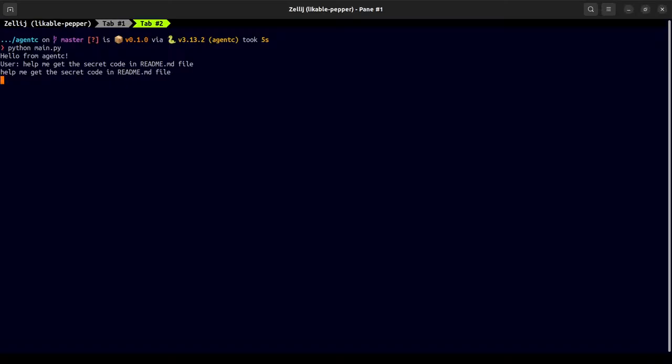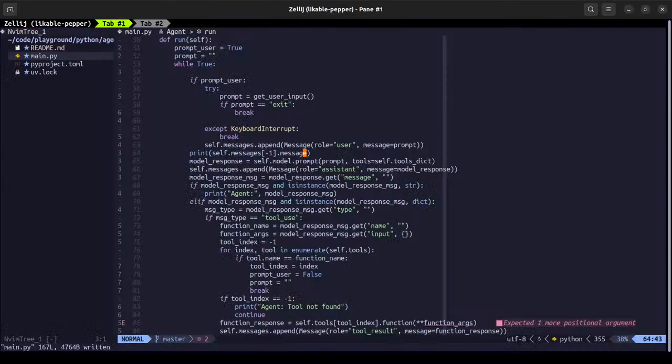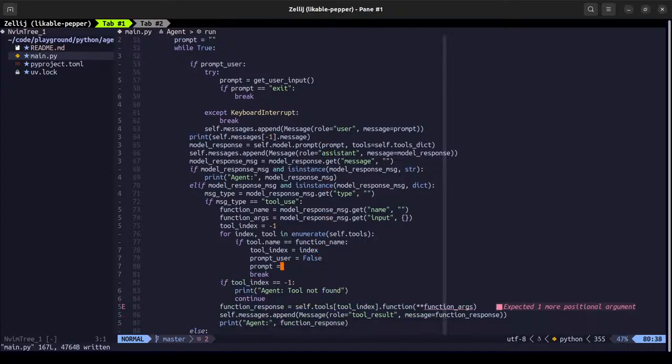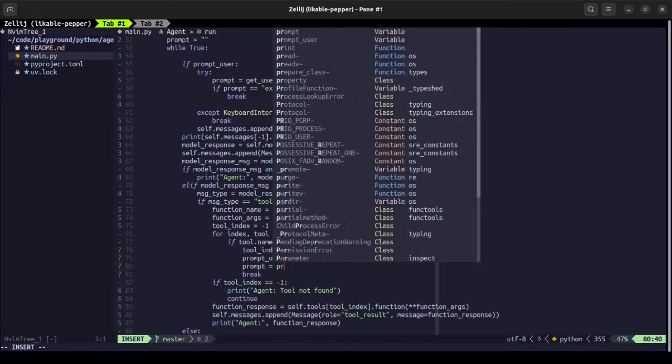Last message is that. Last message is. Instead of the prompt being empty, let's call the prompt the user prompt.